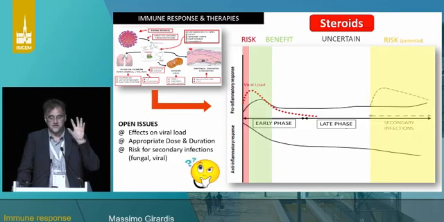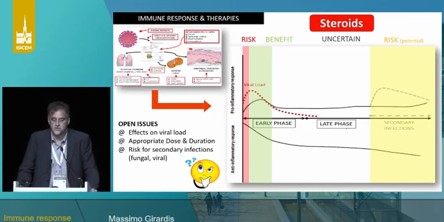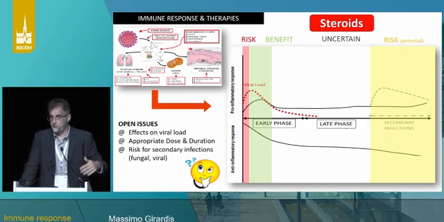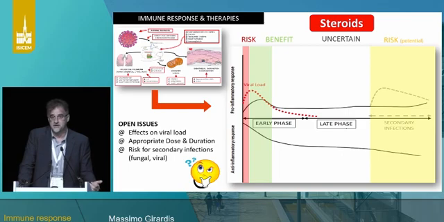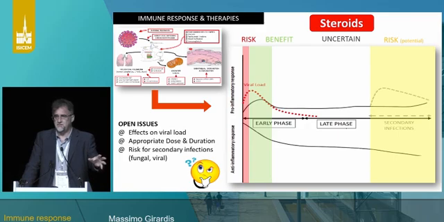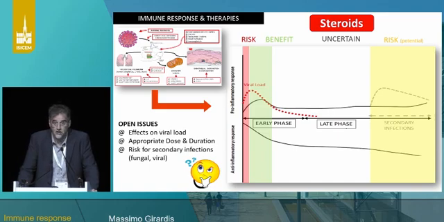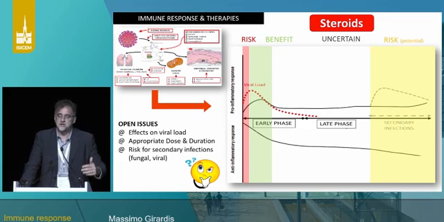I tried to put together some ideas coming from the literature presented before on steroids. It's completely different if we have patients with or without hyperinflammation or immune paralysis, or with high viral load or without viral load, in terms of the effects of steroids in facilitating or decreasing the viral load of the patient. Of course, this is coming from trial data, some pathophysiological ideas, and also from some pharmacological properties of the steroids. Of course, we still have to discuss the dosage and so on.